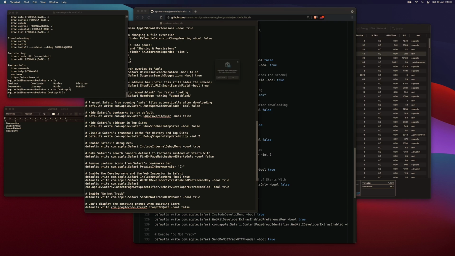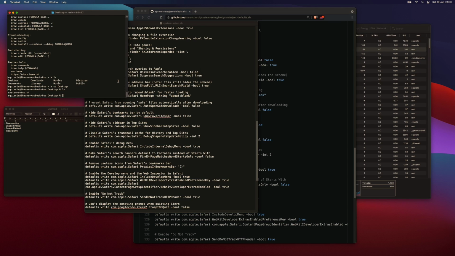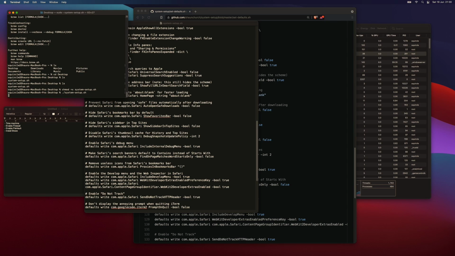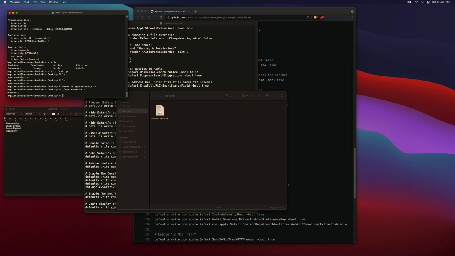Now, if I flip to the desktop. All right. And chmod plus x system setup. And I can run it. Whoa, stuff happened. Stuff happened again. All right. Now the dock's small. All of the things are done. If I type,